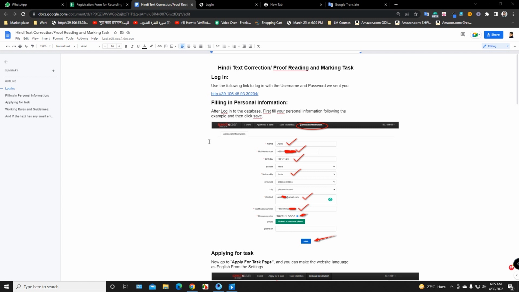Let me explain the text correction and proofreading and marking task. First of all, I will send you this instruction Google Docs, and then your login database link, your username and password to log in the database. So